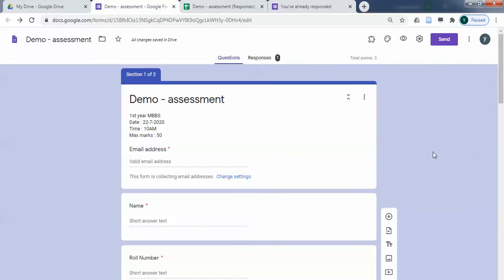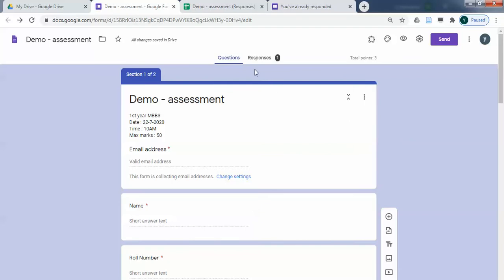In that window, you will get an option where you can end the form at this particular date and time. Let's say, for example, you are giving this form to the students at 10 o'clock and you want to end the test at 11 o'clock. Just open the form limiter, select the date and select the time as 11 o'clock. Automatically the form will stop accepting the responses. It's automatic. You can do it manually also.